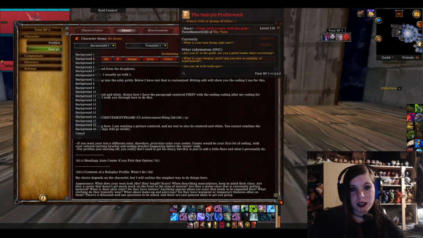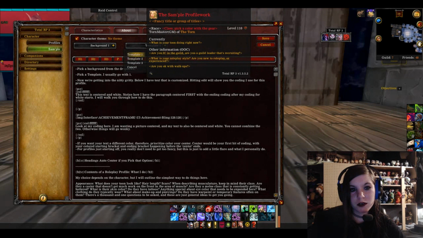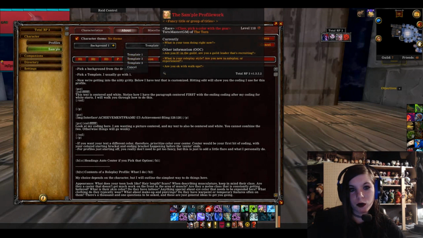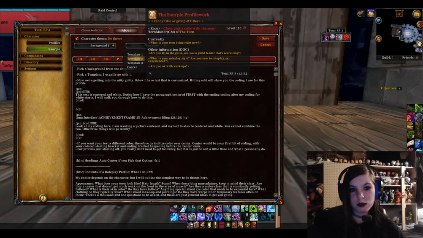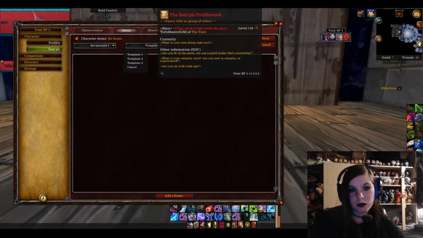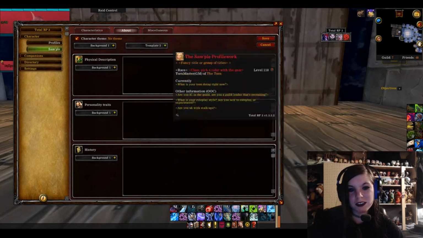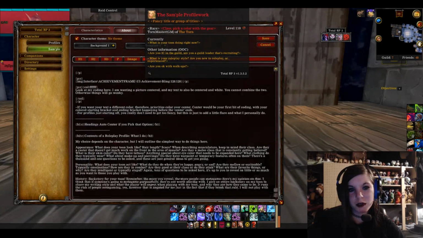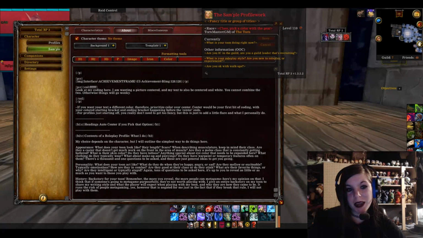And then you can pick a template. They give you 3 types of templates. I usually go with 1 because that's what I prefer, but I believe 2 and 3 have their own. Like 2, it got rid of all of my information, of course it did. And then 3 has all of this. But if I go back to 1, which is where my actual profile is,